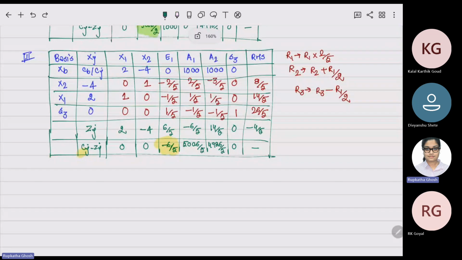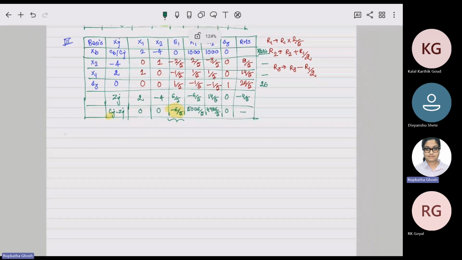But how do you understand that E1 has to enter the basis, because you are having a negative value here? Again, in a minimization problem, the reduced cost values all become positive. Had it been a maximization problem, in order to arrive at the optimal solution, your reduced cost values had to be negative. So now we do the same thing. We calculate the ratio. That will be 8 by 5 by minus 2 by 5. Nothing here, here also nothing. But here it will be 26. So same thing, S3 would be leaving the basis, and E1 would be entering. So in the fourth iteration that you have